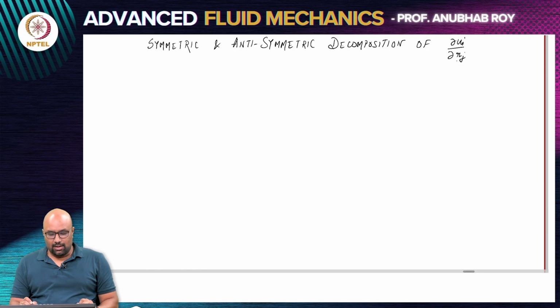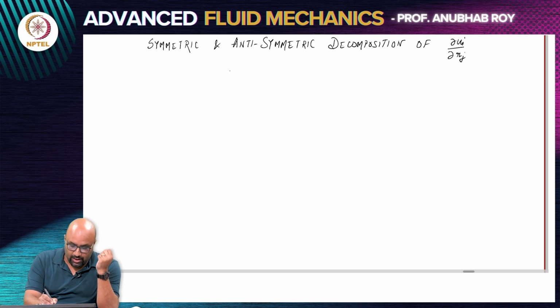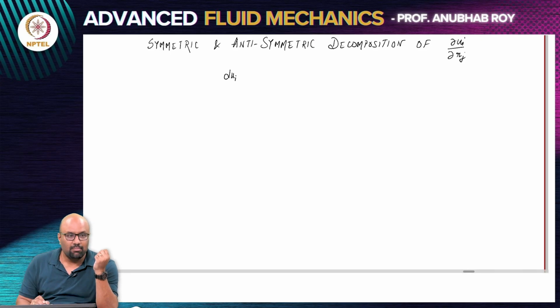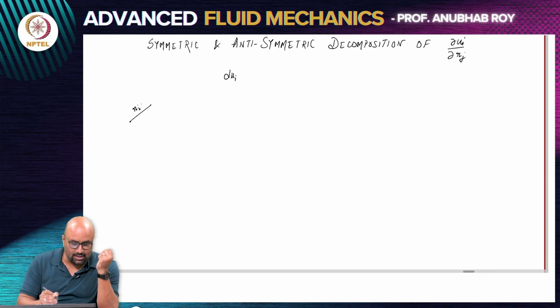So, welcome back to our discussion on understanding deformation in a fluid. And what we saw when we were looking at deformation in a fluid is that the deformation in a fluid is understood in terms of the relative velocity between two neighboring points. So, if you have 2 points that are separated by a distance that is given by the separation vector r, then this